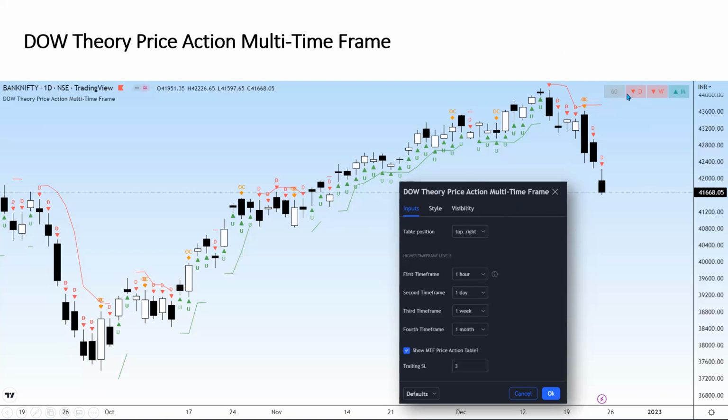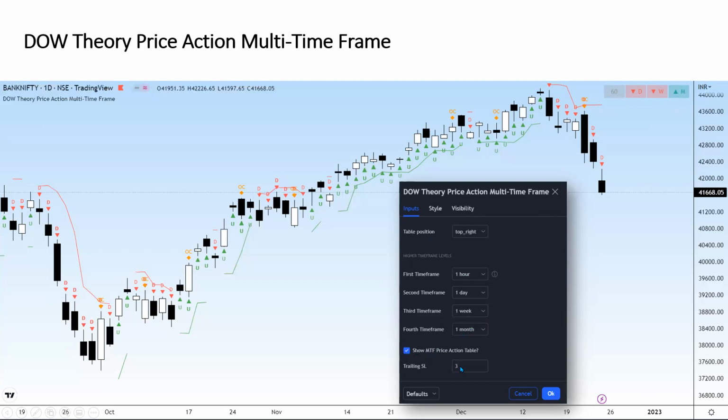You first select the time frame: hourly, daily, weekly, monthly. The table position, this table you see on the top right, you get this. This comes totally on the basis of higher highs, lower lows, price action. And you can hide this table.